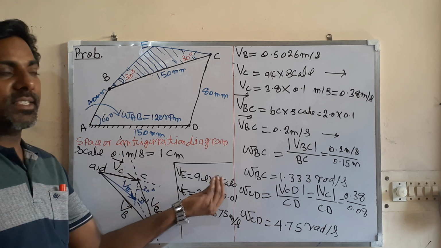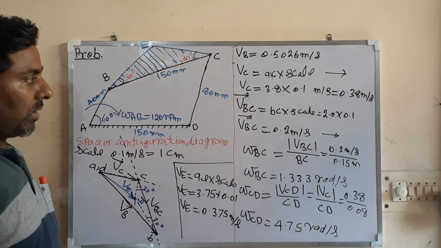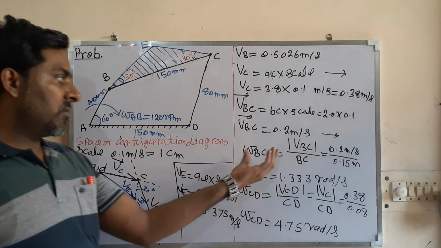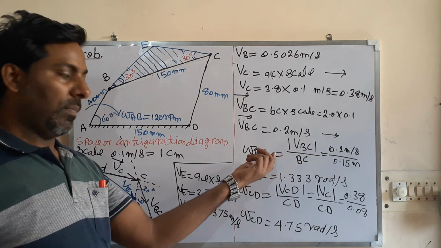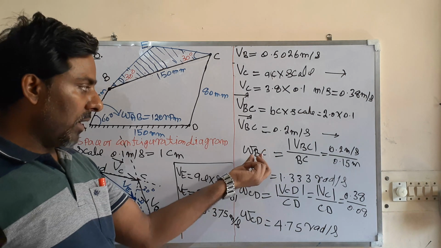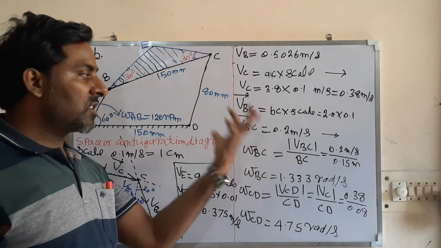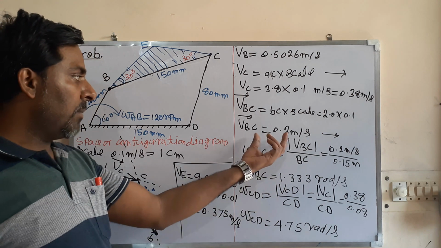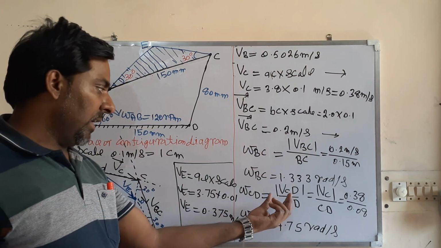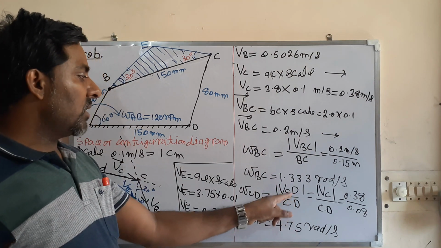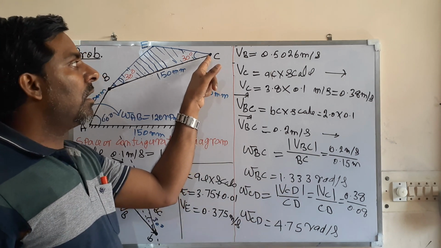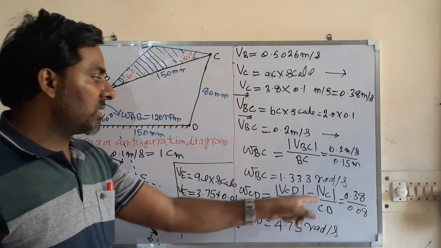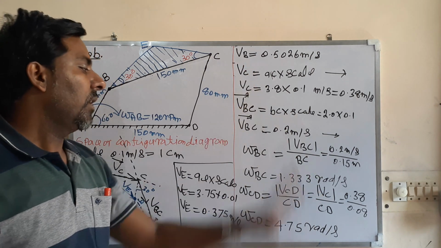Very easily, if you are able to draw the velocity diagram, then just by measuring and multiplying by the scale you can do the calculation. This is the very famous formula, V equals R omega. You can apply it for any length, for any two points. For BC I have applied it here, and for CD I have applied it here. Velocity of point C with respect to D, where D is fixed, means the absolute velocity of point C, which you have already calculated.